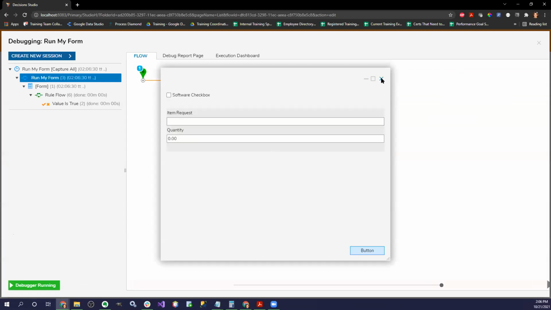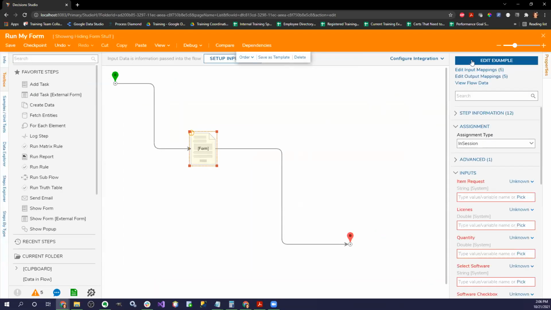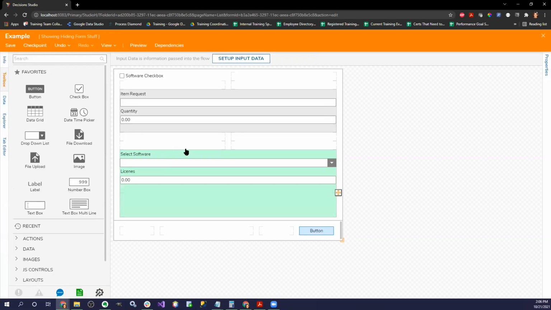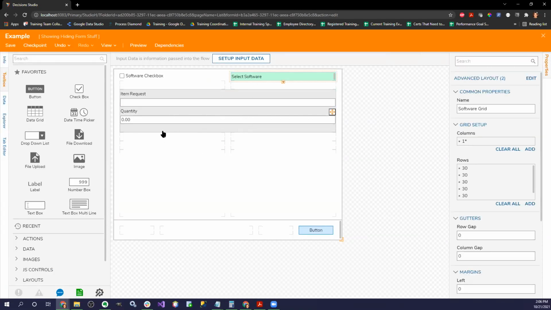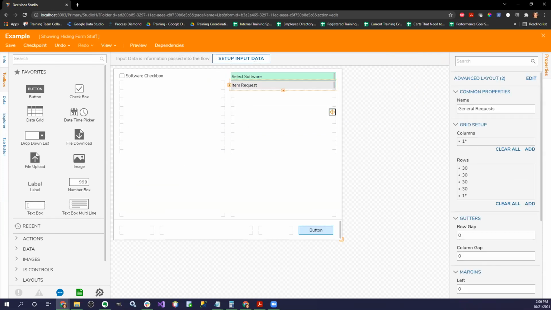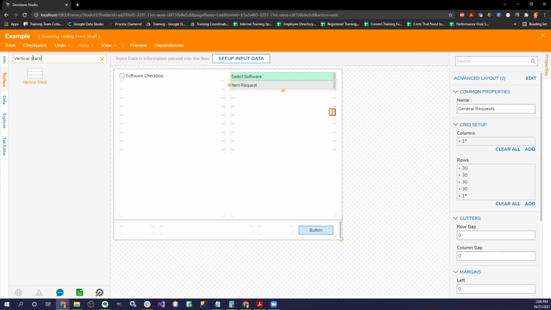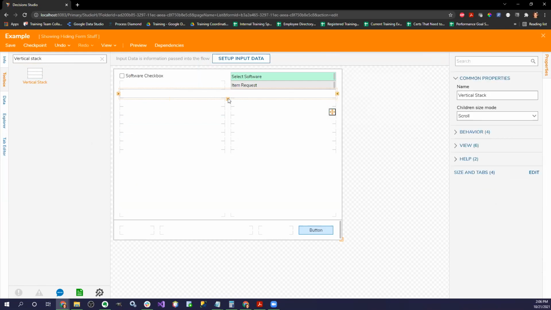I think, Alfred, I'll even show you guys if you want to know how you use it. So I have these two grids right here. I'm going to move this grid to the top, and I'm going to move this grid to the top. Let's say I want to use a vertical stack, so I want it to slide up and slide down. I'm going to type in vertical stack and put it up here. Now notice my vertical stack is just this white space. It's a layout container. So what I have to do is drag over,